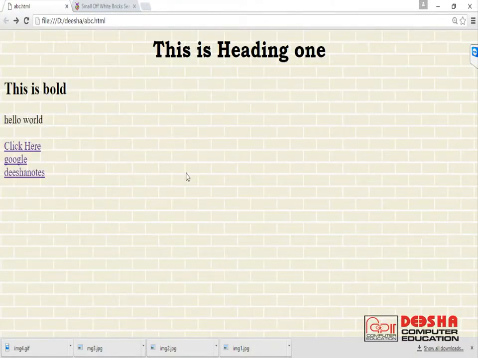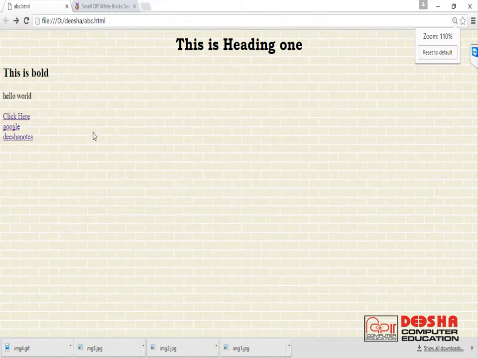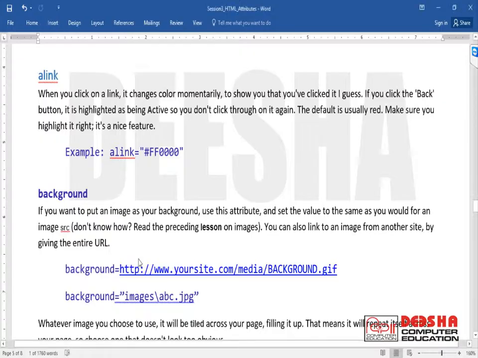Right now you can see that the image is a small image, but as it is a pattern type of image, it is repeating horizontally as well as vertically, but we can see it as a background. We can design such kind of images using Photoshop-like software also. So this is the example of the background attribute.